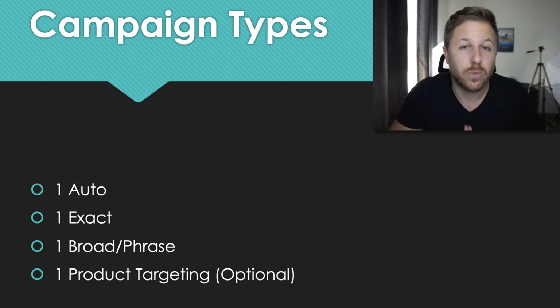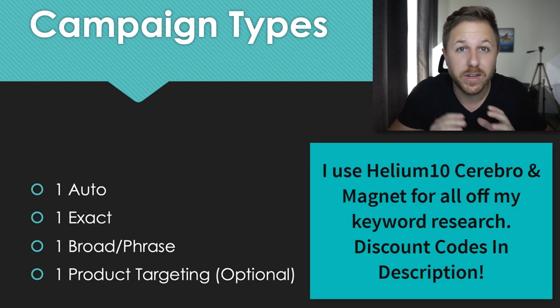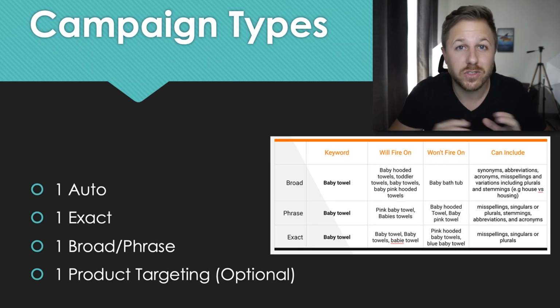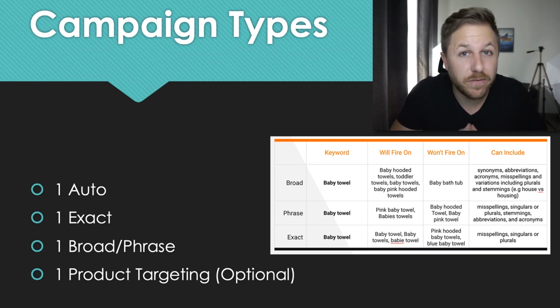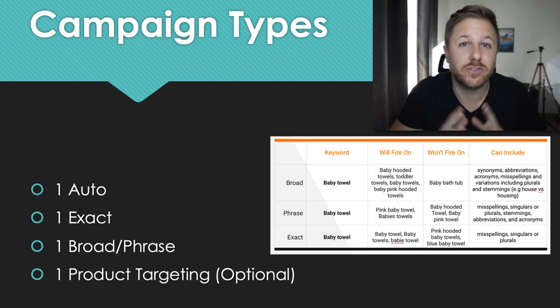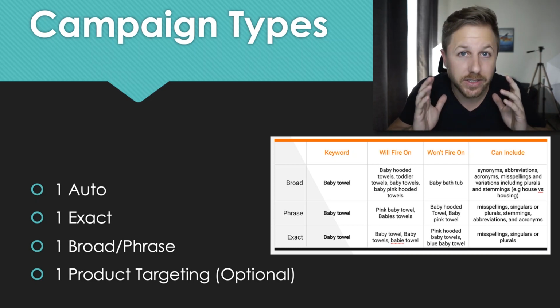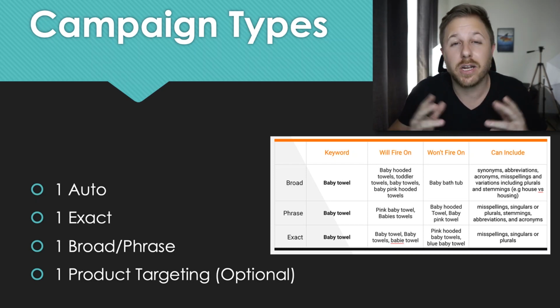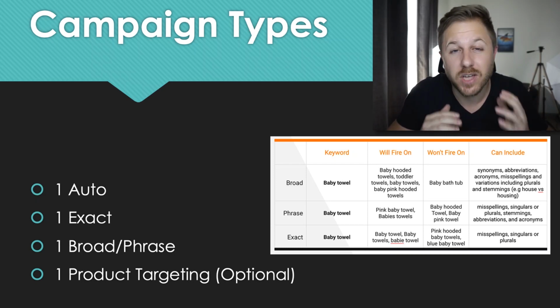So the next thing I do is I run one exact match campaign, which has most of my relevant keywords which a customer would type in to find my product. So I usually target the keywords between 1 to 10,000 monthly searches, and I don't target really high volume keywords right from the start because the chances are you're going to get a ton of clicks. People are going to be clicking your ad and not getting sales because it has a ton of traffic, so your budgets will get spent quick, and it's going to be almost impossible to rank for those high volume keywords